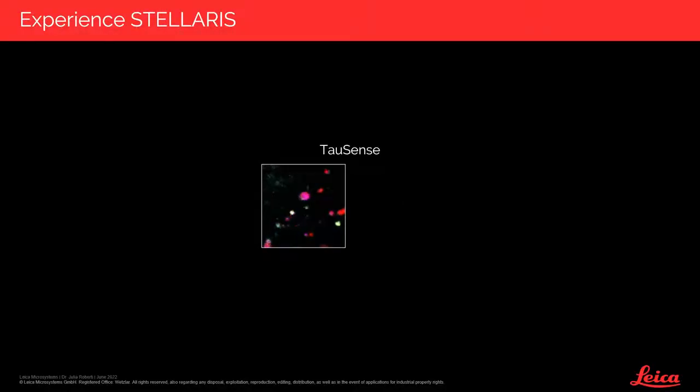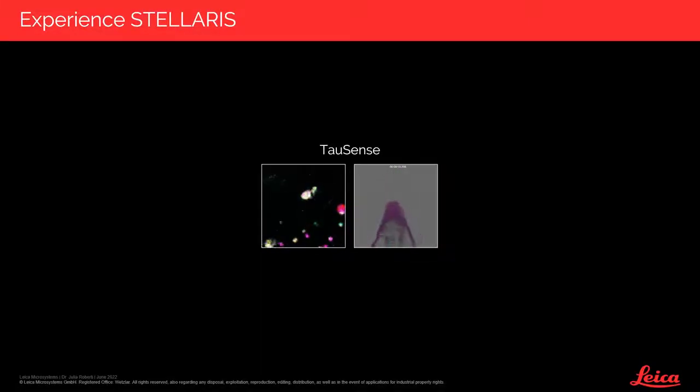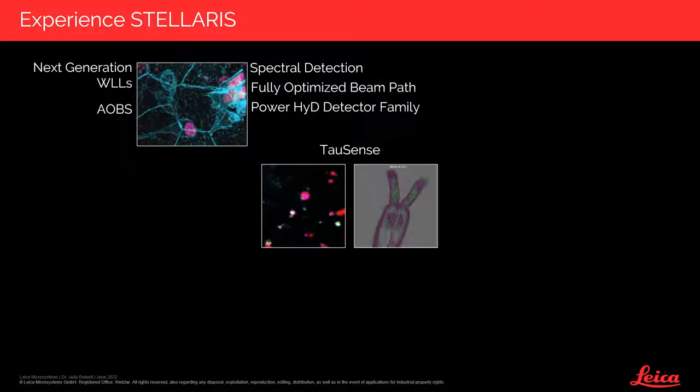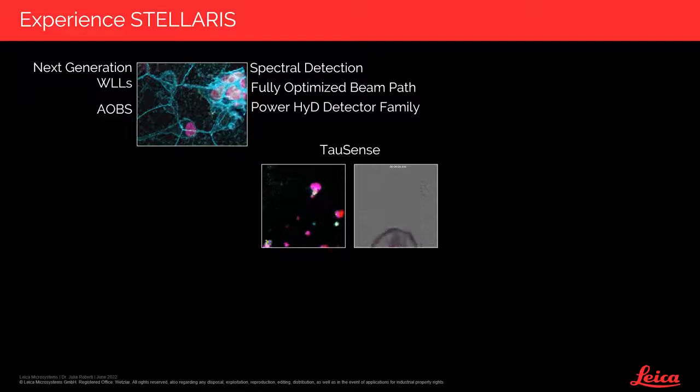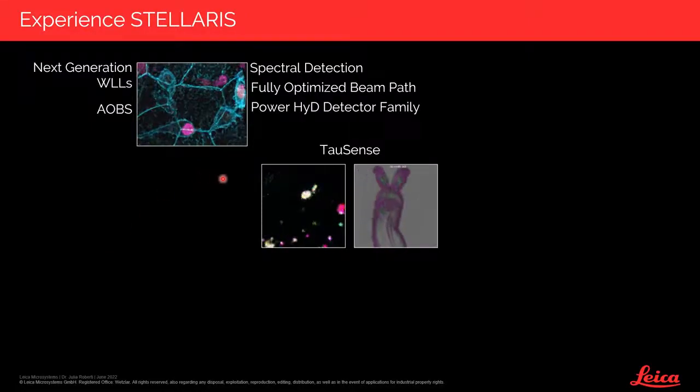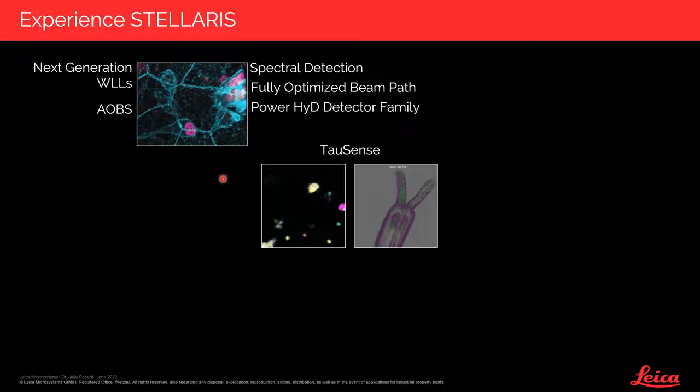We have seen how the lifetime-based tools provided by tau-STED report on the function of endocytic vesicles, and these tools are also applicable to different systems, for example here to the dynamics and to identify different structures in Nematostella. We have seen how the next generation white light laser with AOBS, the spectral detection and a fully optimized beam path and new detectors contribute to excellent quality and to keep up with the speed of fast dynamic processes while keeping